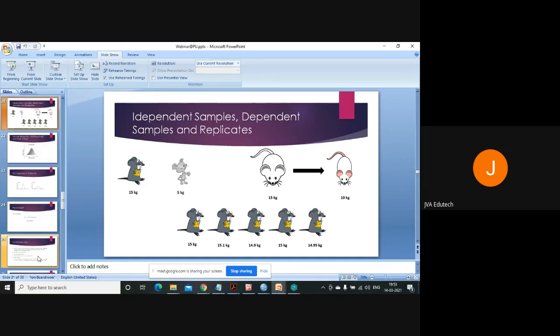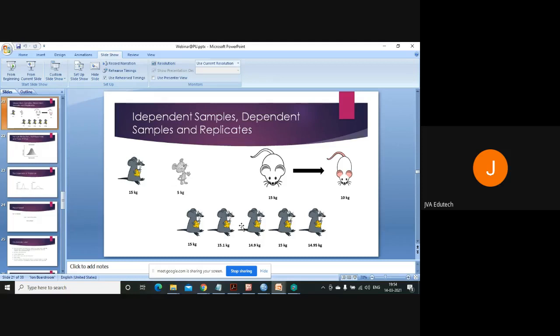Replicates are the situation when you are taking measurements in one single day, not at regular intervals. So this will yield you nothing, because in one single day, if you are feeding a rat more and more, you cannot derive any useful results. So these are the replicates, and they should be avoided in the data.